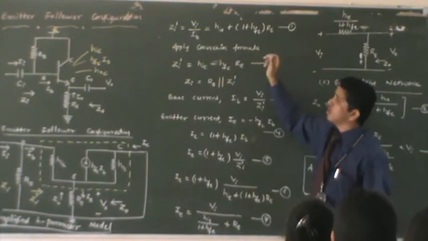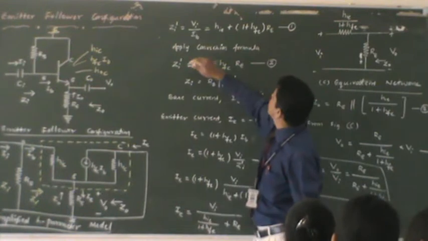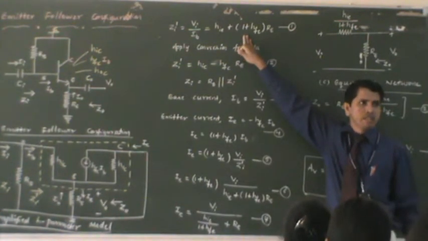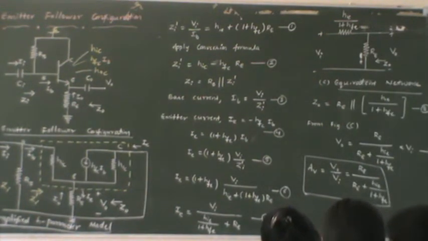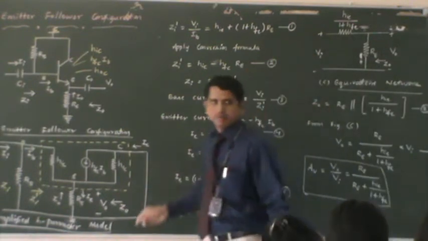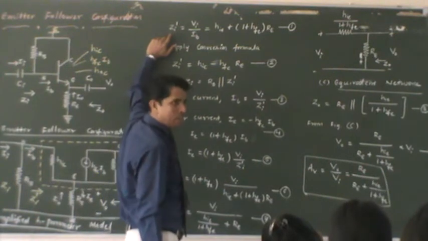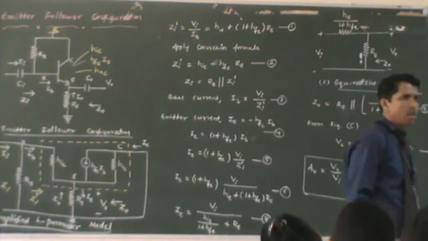This is also equivalent. We can look at the previous derivation, which we already did for Zi dash. The final expressions are written here. To recap, look at the circuit previously written, the self-bias configuration. This is the same expression, equation 1. There also Zi dash comes, for which you derived the final expression as HIE plus (1 plus HFE) times RE. You see?